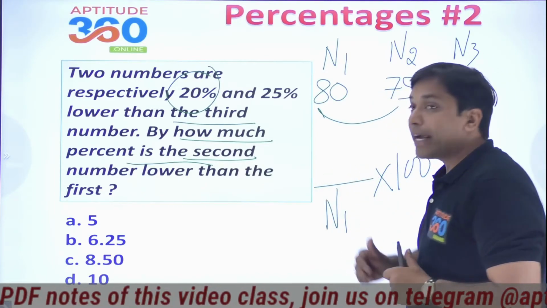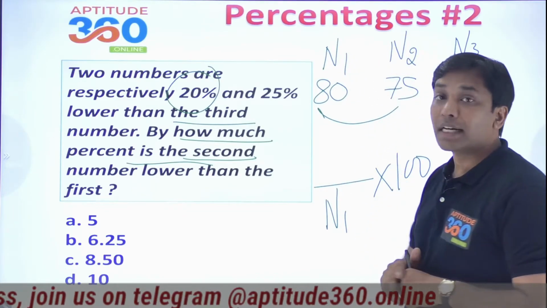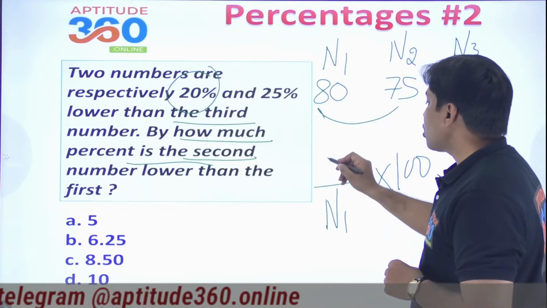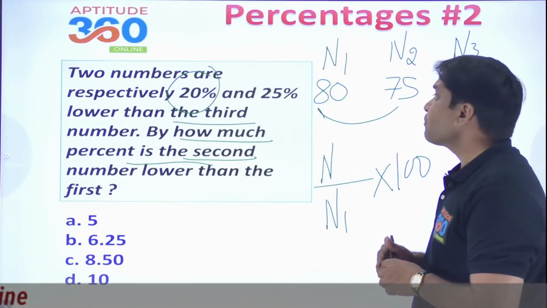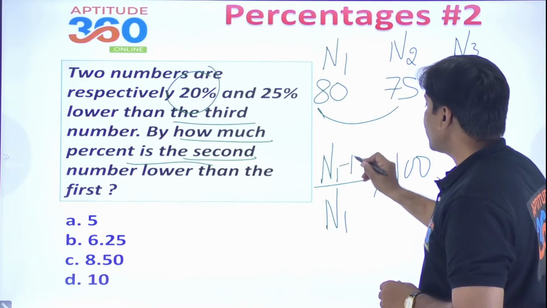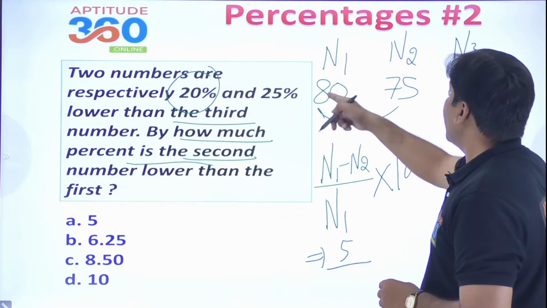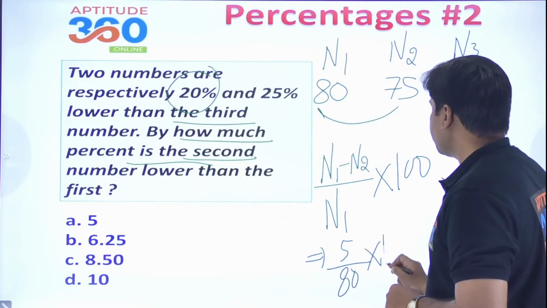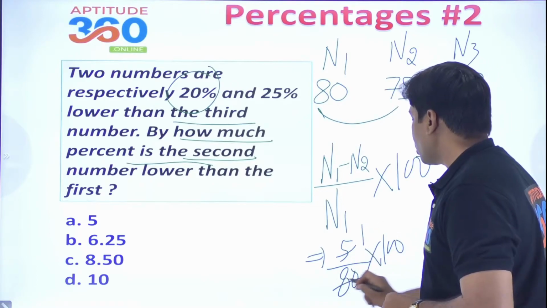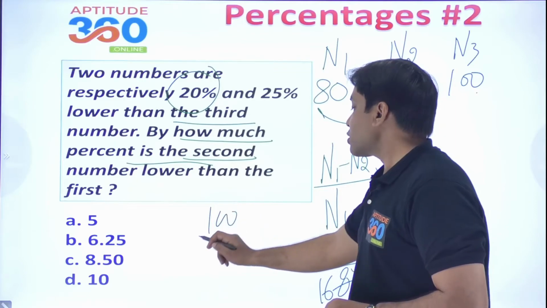What is it that you're gonna write in the numerator? In the numerator, you see that the first number is bigger than the second number. कभी भी confuse मत हो जाओ. यहाँ पे तो आपको difference ही लिखना है, right? You have to write the change over here. So that change is nothing but n1 negative n2. And if you simplify, that is coming out as 80 negative 75 is 5, and this is 80 into 100. And if you do so, your problem is simplified. That's coming out as 100 over 16.